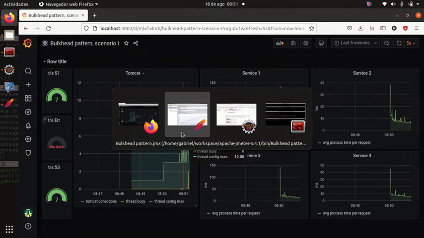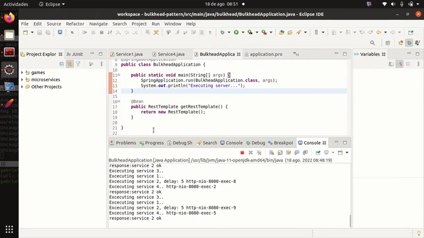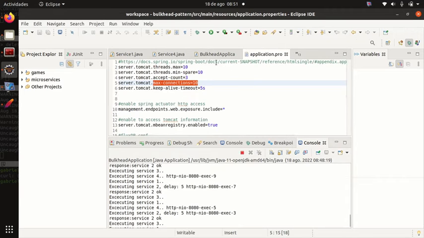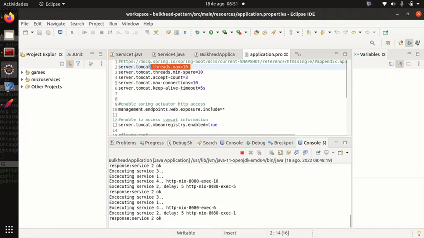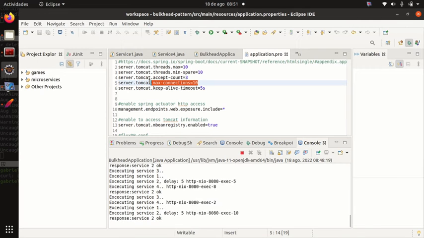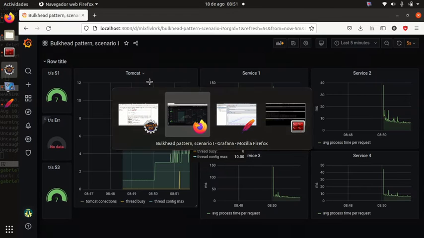I changed it. Let me show you the configuration of the server. I set 10 as the maximum of threads and 10 as the maximum of connections. I know that these are very unrealistic values, but the idea is to create a resource exhaustion situation. So